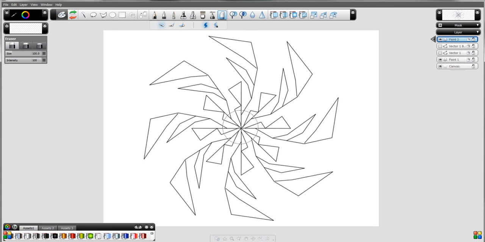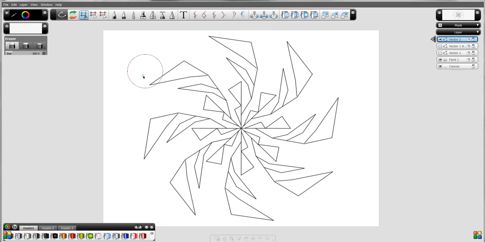What I'm going to want to do now is make a mask so I could paint inside these lines. If I wanted to, I could probably have made this a little thicker, so how about we go back and do that before we bake it or rasterize it. I'll go ahead and select all these curves. As you can see, this isn't quite close because I messed up, but should be able to fix that by